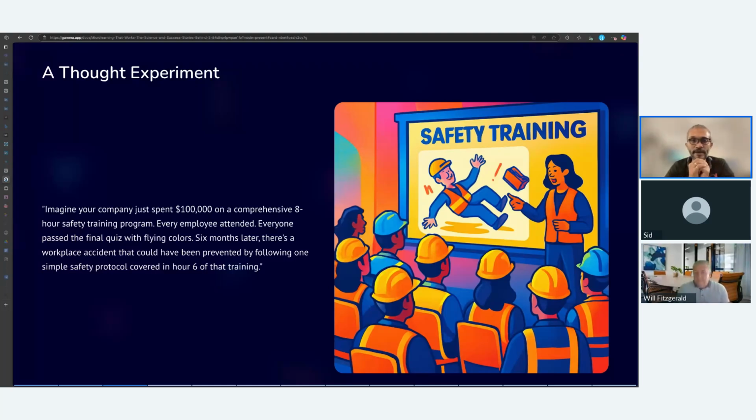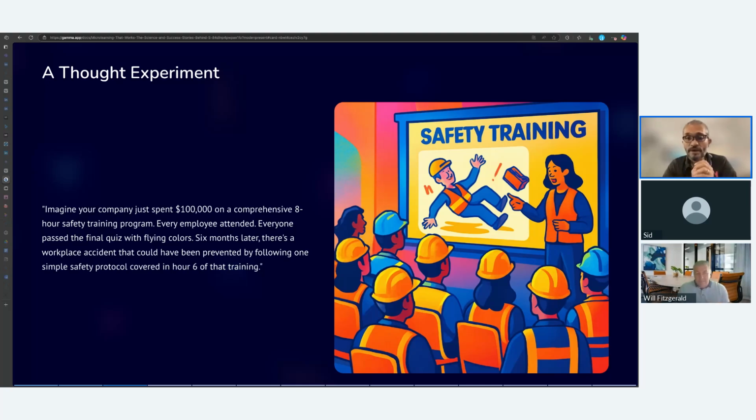Yes. So this is something that I think a lot of people within the learning industry would experience, where we have corporates, we have a certain compliance program or some regulatory mandate that has come in, and think about it like, this company requires a certain cost to be spent on a particular training program to ensure that all the employees are trained, and they go for it. They do an 8-hour training session. They make sure that all employees are formed into cohorts and attend the training. They have an assessment. They make sure that all the assessments are completed. We can track all of that. At the end of the day, it's a compliance check mark that all the employees have been trained on this.